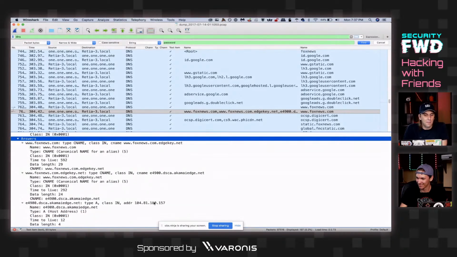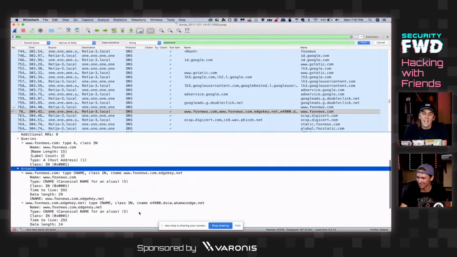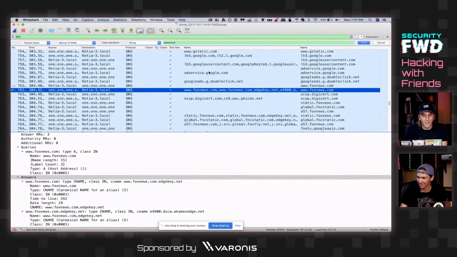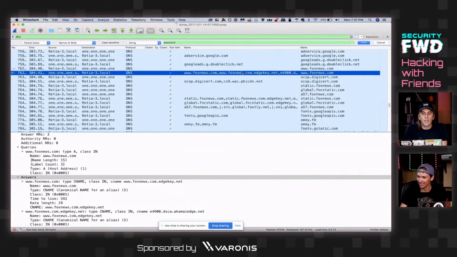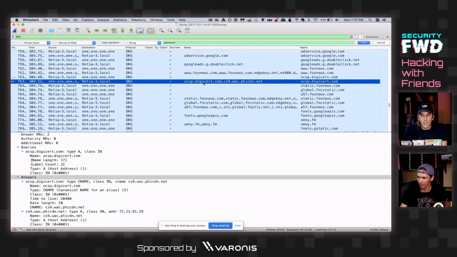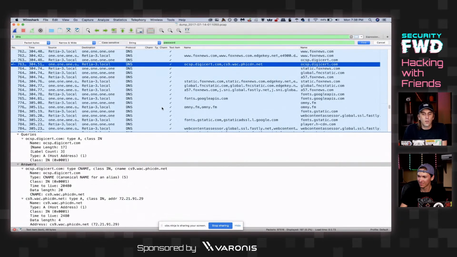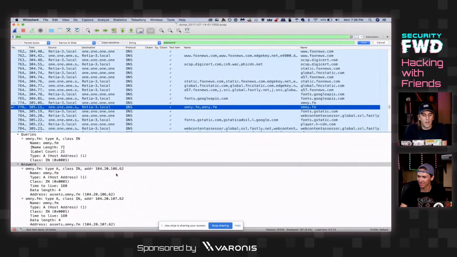And then this is the IP address that it returned for Fox News. So it was not able to get an IP address back for any of these previous requests because they were bogus. They're not going anywhere. But then you can see it brings back Fox News, and it brings back our certificate. This is a certificate to make sure that Fox News is legit and the correct website that we're loading. And then we can also see